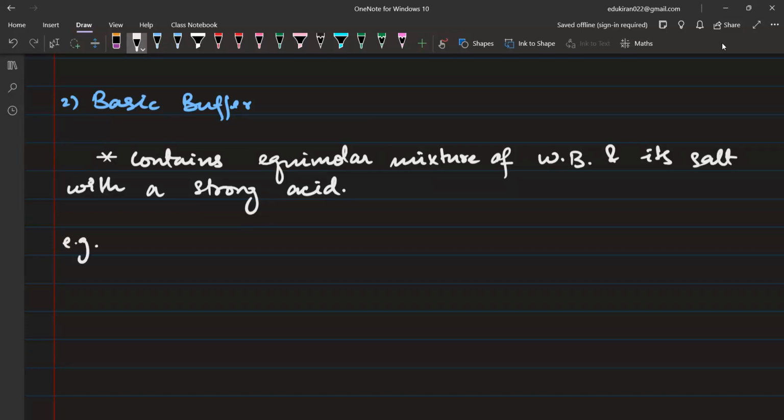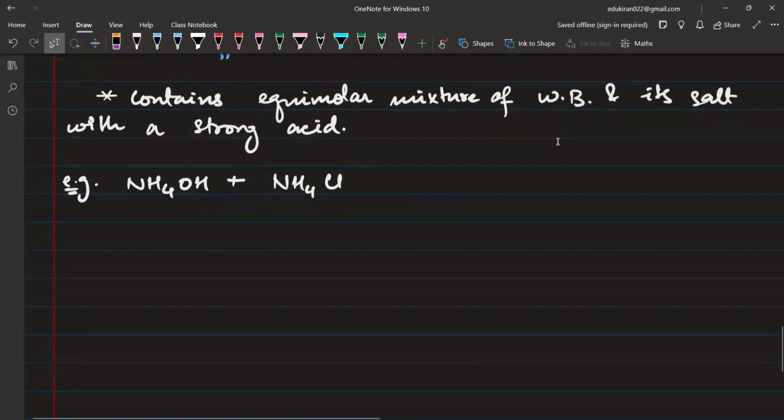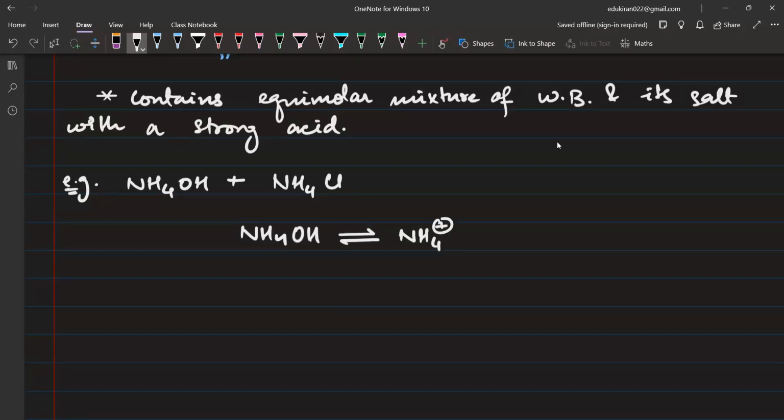अब एक एग्जांपल जो हम लोग को पढ़ना, दैट इज NH4OH, ammonium hydroxide plus the salt ammonium chloride, NH4Cl. Now, the equilibrium that exists in this particular solution of the weak base and salt with strong acid is, first of all, NH4OH will be in equilibrium with NH4 positive plus OH negative